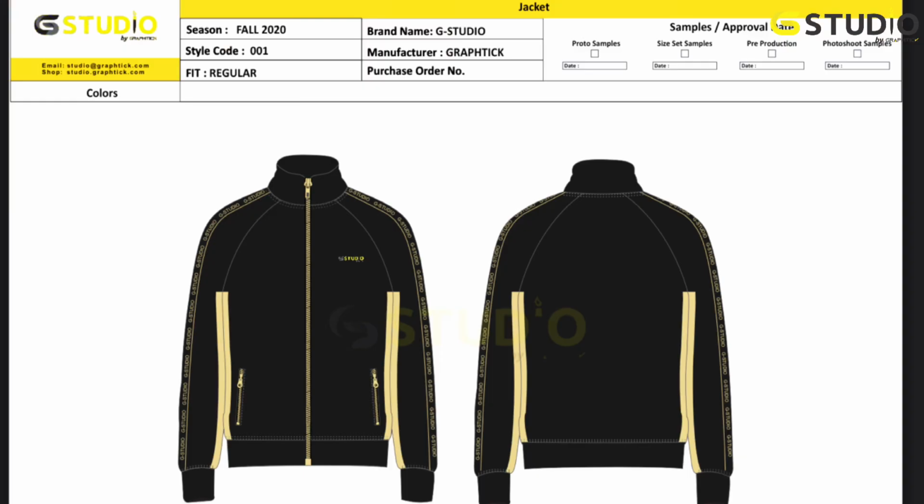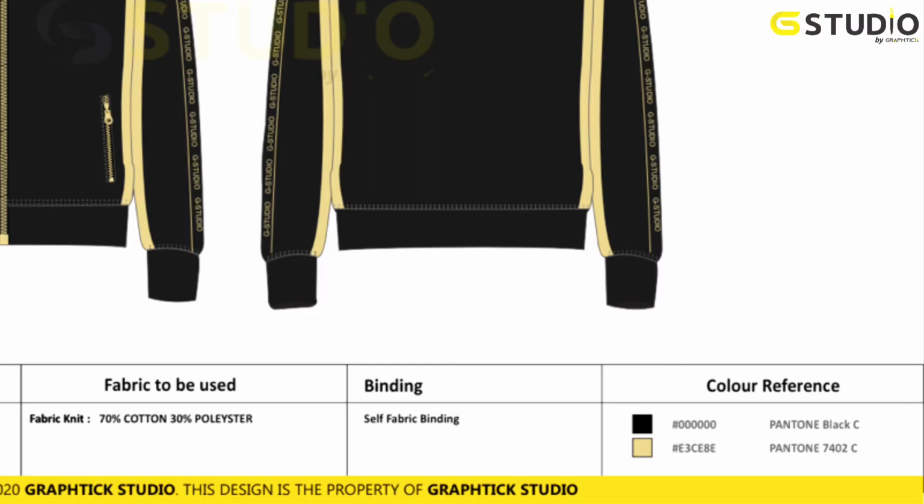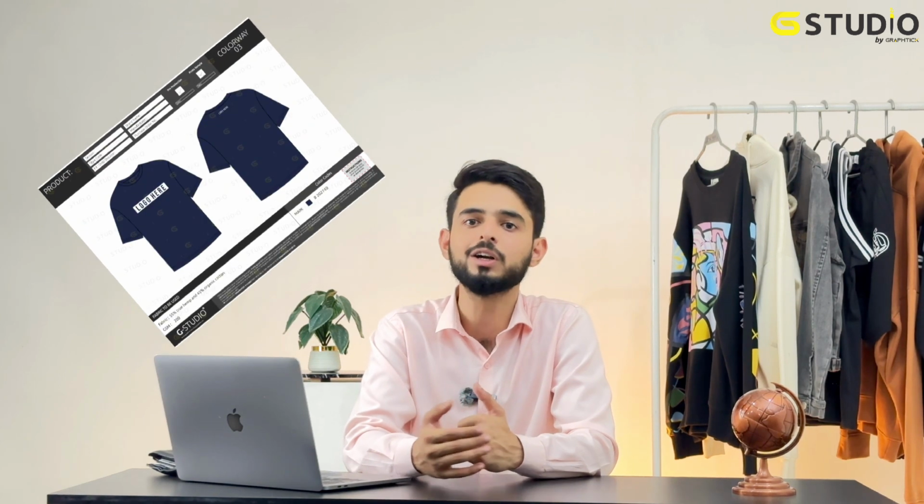In the next part of this template, we need to explain the color combination on the flat mockup page. We need to show our manufacturer what colors we are looking for. For example, if we are doing a t-shirt in 10 different colors, we need to explain what the colors will be, and what the color codes are specifically for the print, for the fabric, and for any kind of accessory. We need to put all the color details very specifically in this slide so that our manufacturer will not make any mistake in our production.